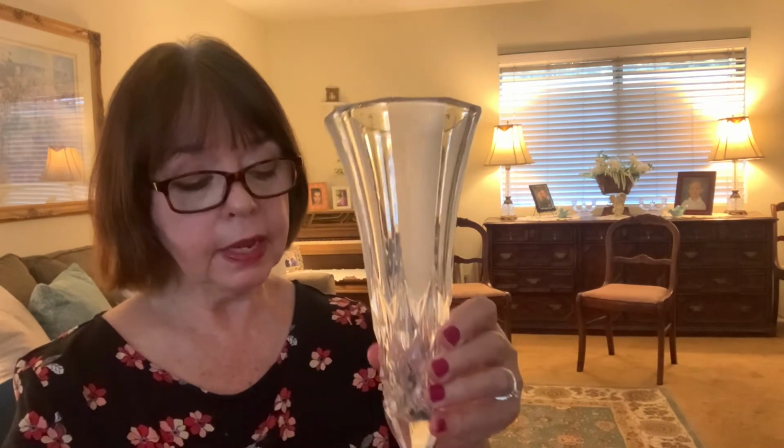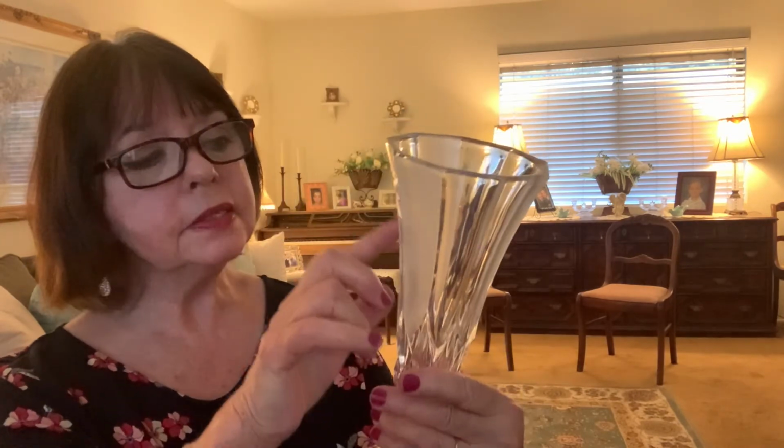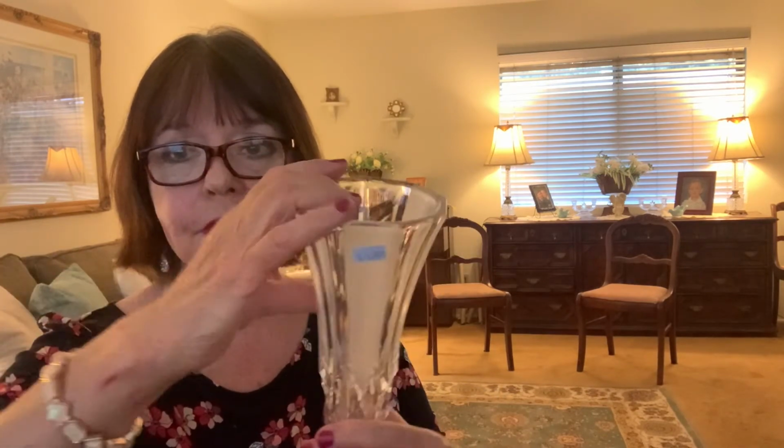I checked it thoroughly. But I was looking for a marking on it, a signature of a maker, and I was just about ready to leave the store, and I finally did find a marking. And I can't even tell you by holding it up here where it is. It's in one of these panels, but it's very, very tiny, and I only found it by feeling around to see if there was an etching of a marking, and I finally came across it, and I took a picture of it with my phone, so let me show you real quickly here,